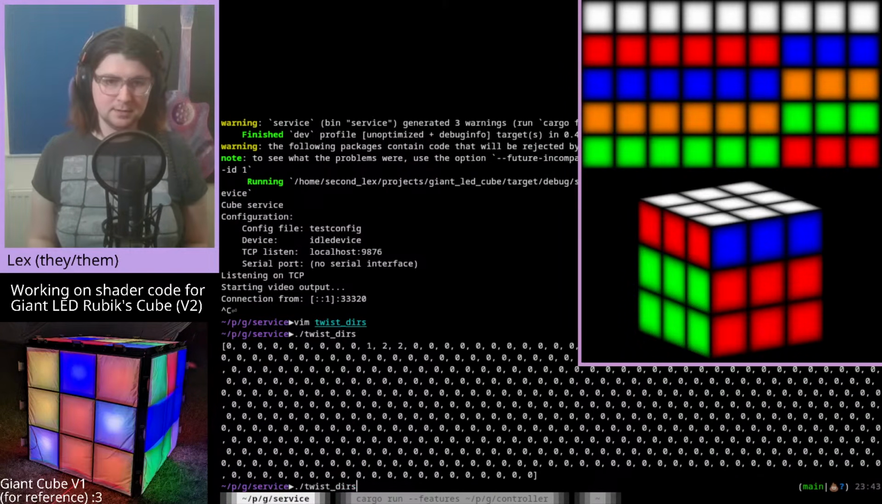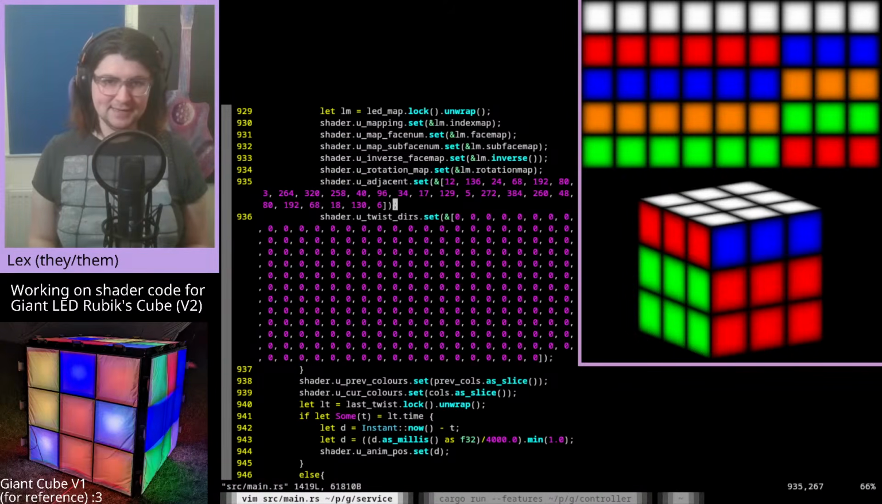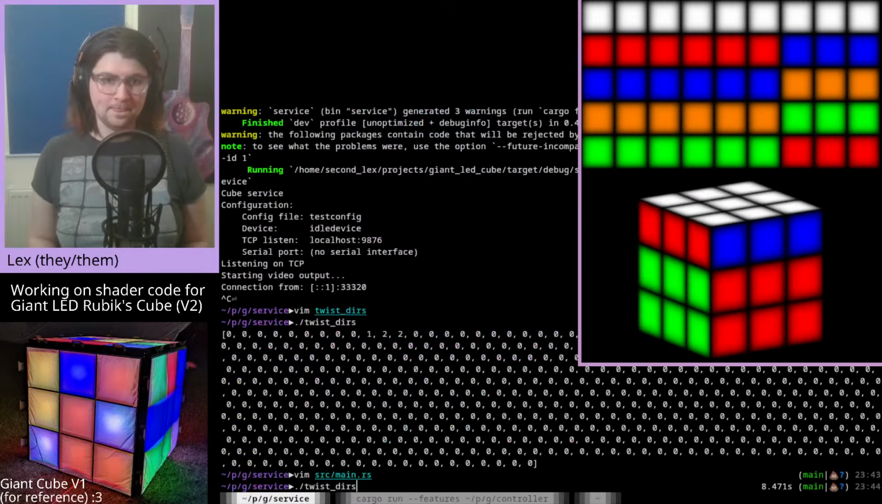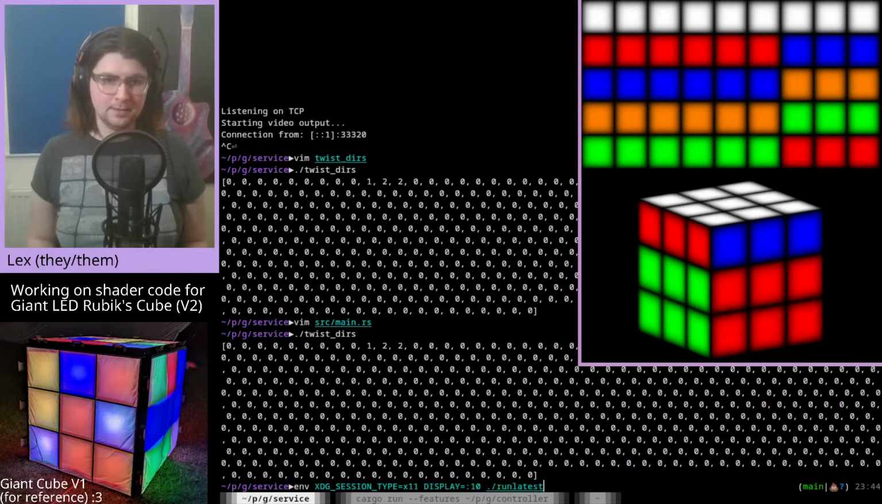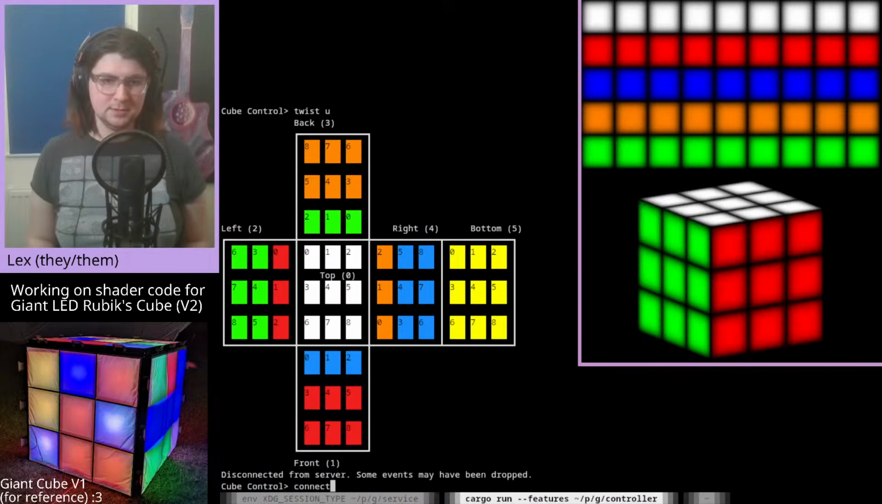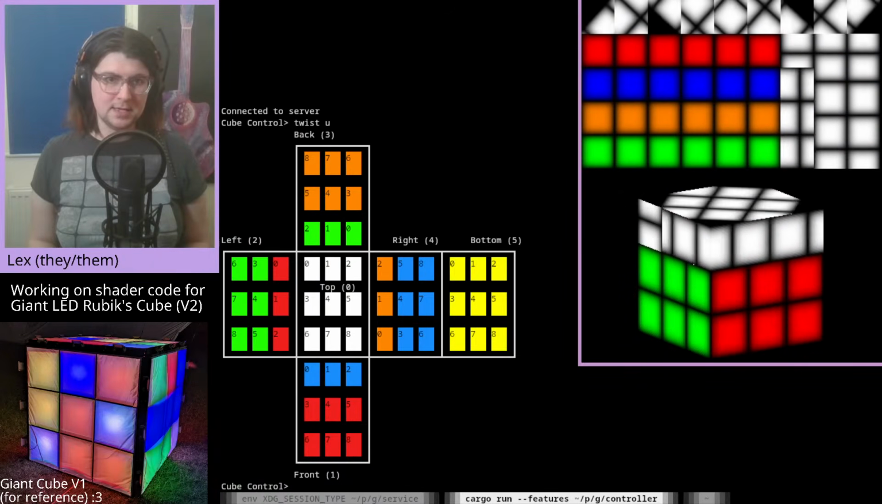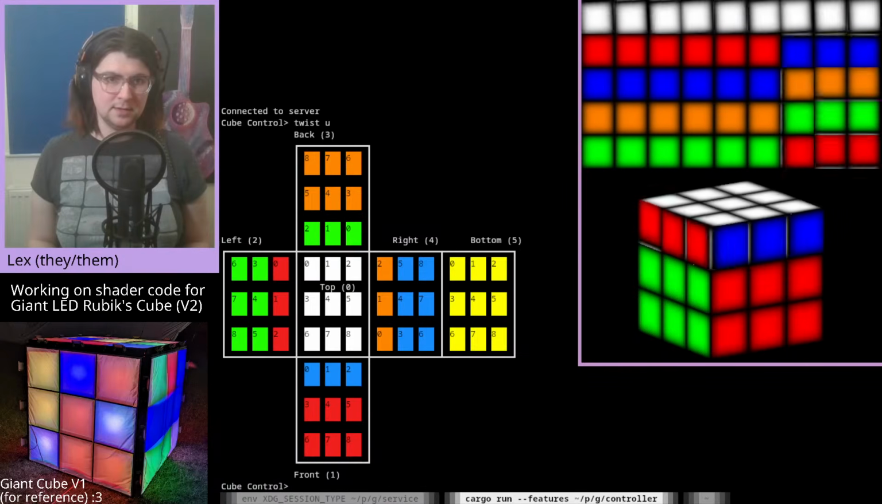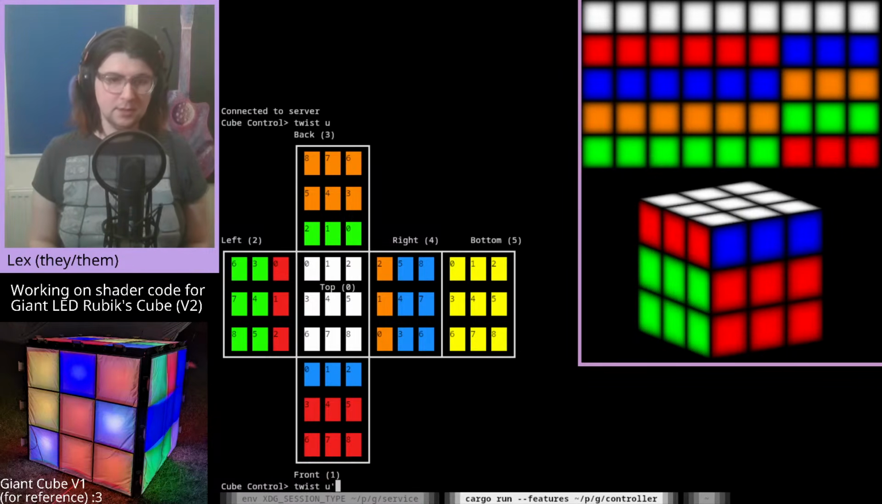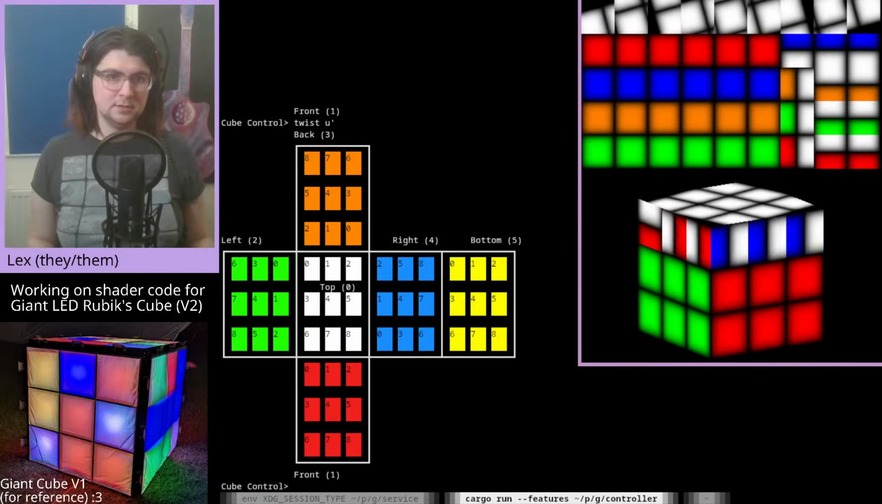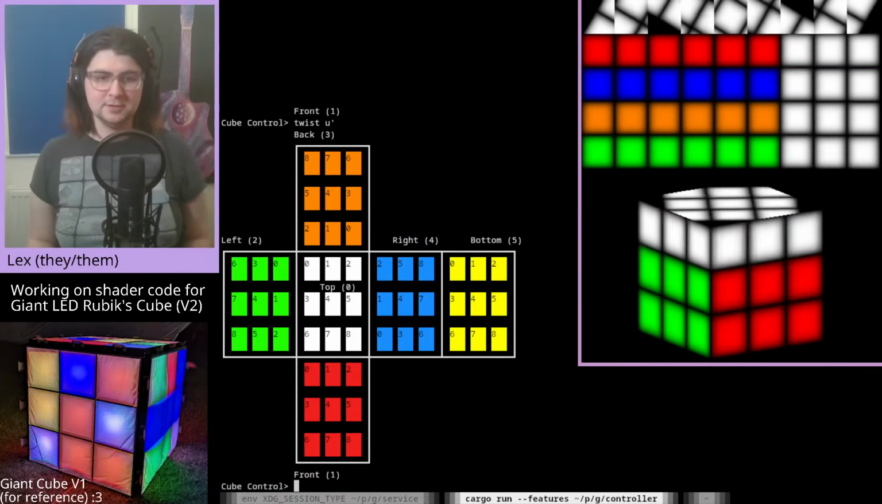Okay, I can see what's different, so I think I might just manually edit this for now until I have a better way of doing this. That connect. Hey! Okay, that twists in the right direction. But now if I do that, it still twists in the same direction. So